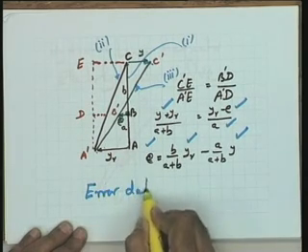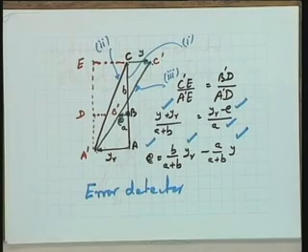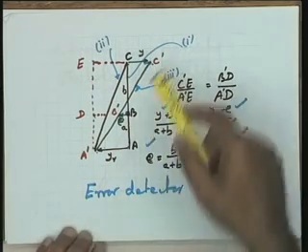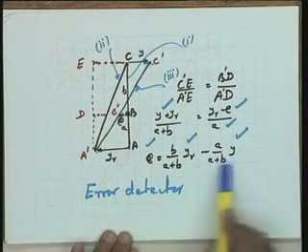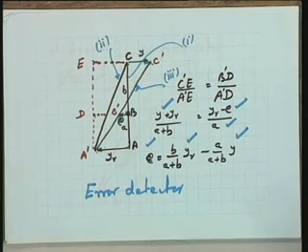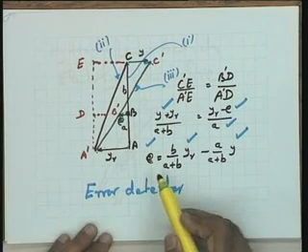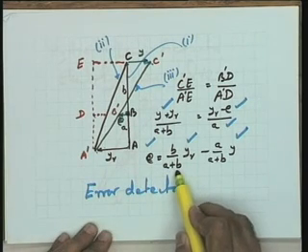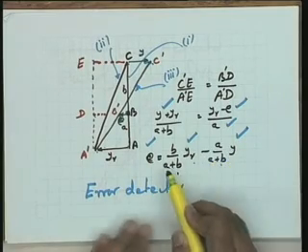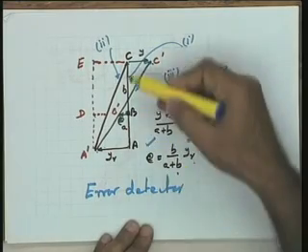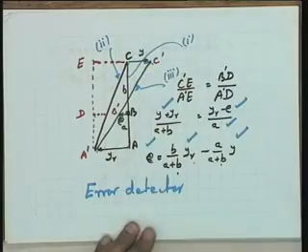And hence the lever is acting as an error detector. So far you have seen an op-amp acting as an error detector. Many other devices we have used, a potentiometer acting as an error detector. In this particular case, a mechanical unit is acting as an error detector, though the constant of proportionality is not the same. The error E is equal to a constant k1 into yr minus another constant k2 into y, where k1 and k2 are different and depend upon the geometry of the lever.